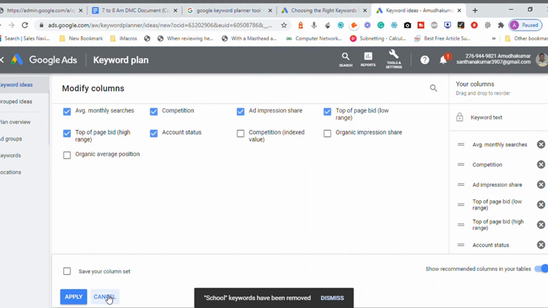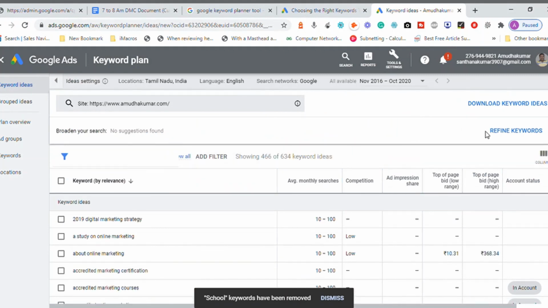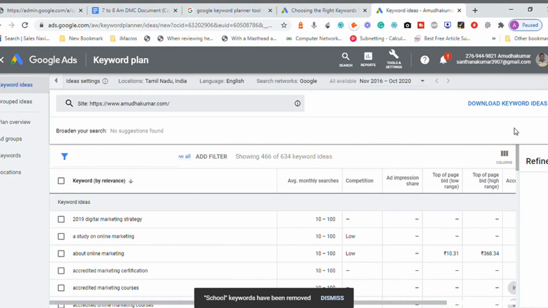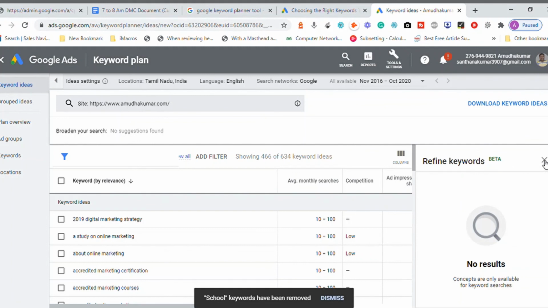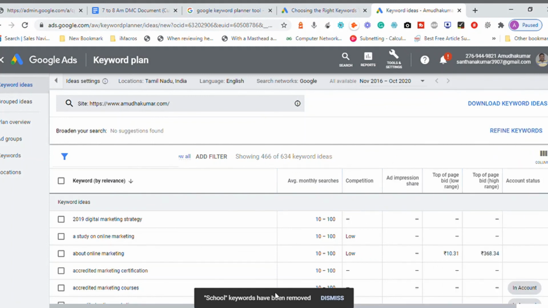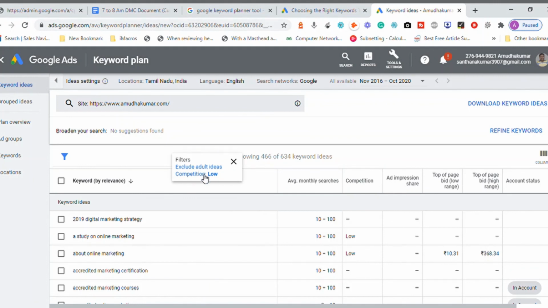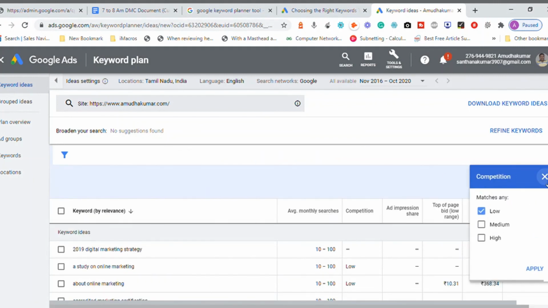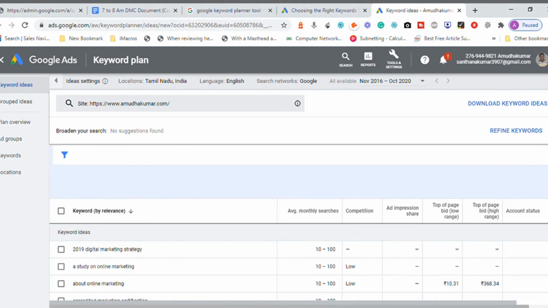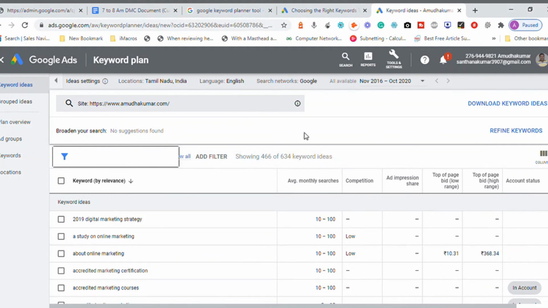I don't need this. It says school keywords have been removed, something like that. So 634 keywords are given to me here. I can click on view all if there is any filter. There is a filter, so we can remove this filter option when we need.